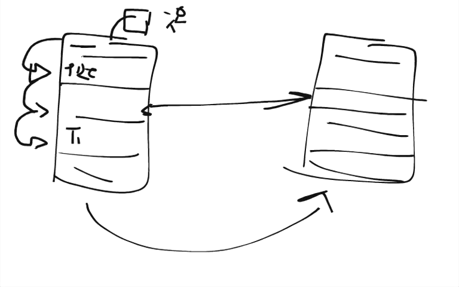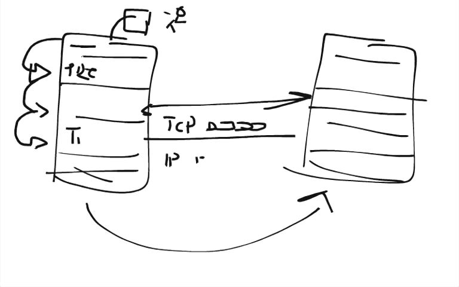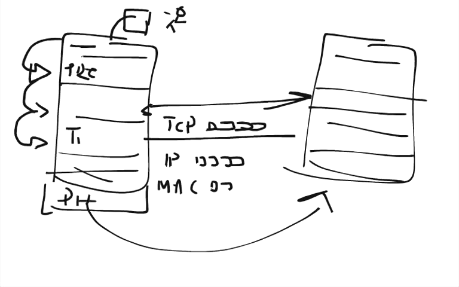The transport layer is responsible for sending the data securely to the host computer, and it assigns the TCP address to those packets. And underneath the transport layer, we have got the network layer. The network layer assigns the IP address to those packets, and underneath it we have got the data link layer, which assigns the physical address to those packets, and then the physical layer sends the data